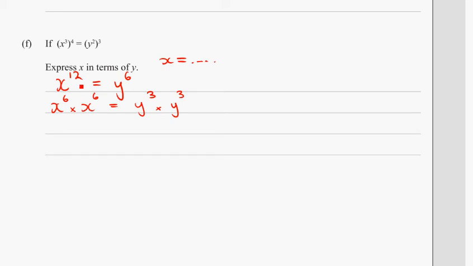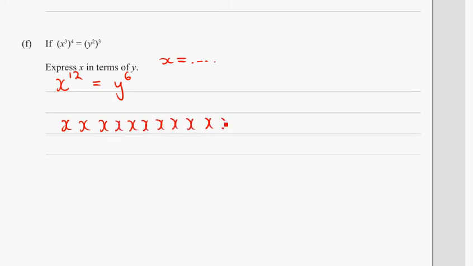So, well, actually there are other ways to do it. Let's think about this. I've got 12 x's here, 1, 2, 3, 4, 5, 6, 7, 8, 9, 10, 11, 12 multiplied together. And that is equivalent to 6 y's